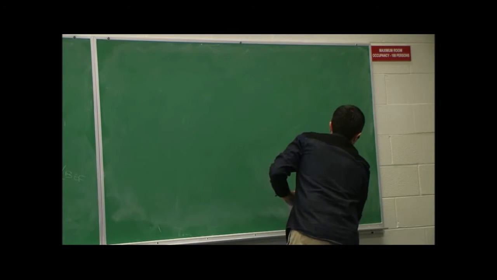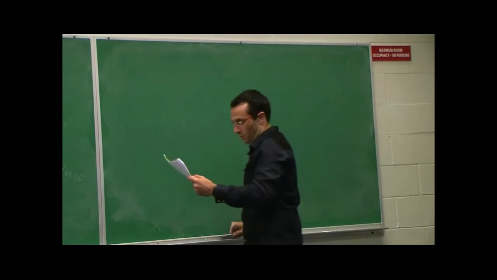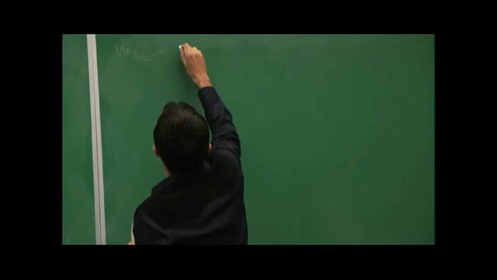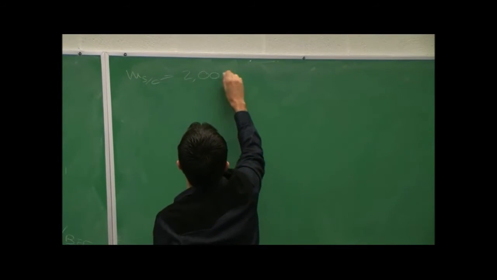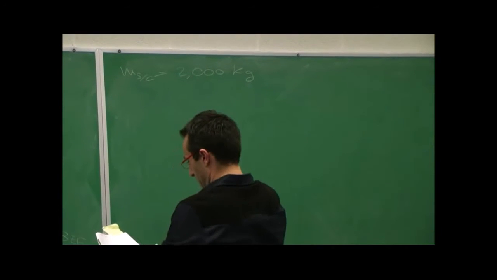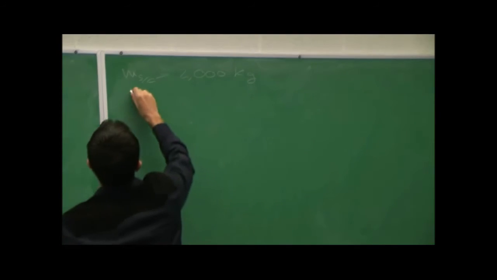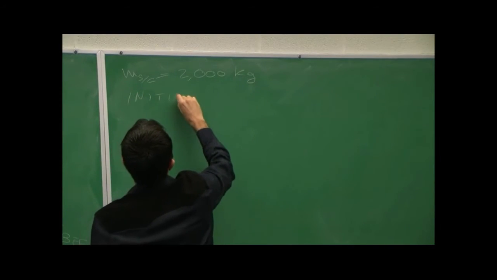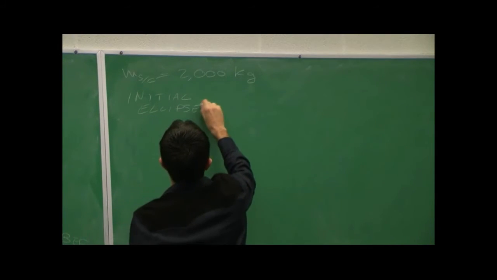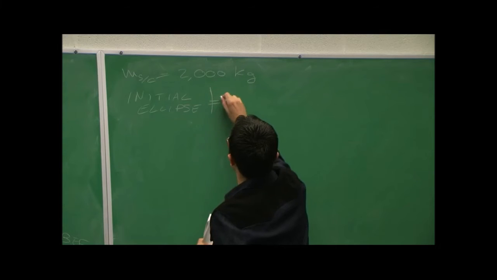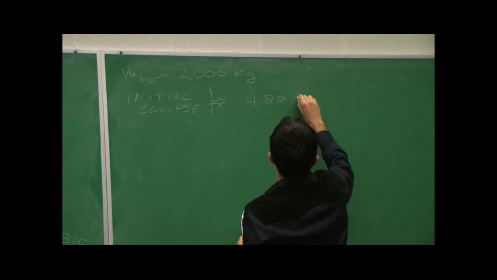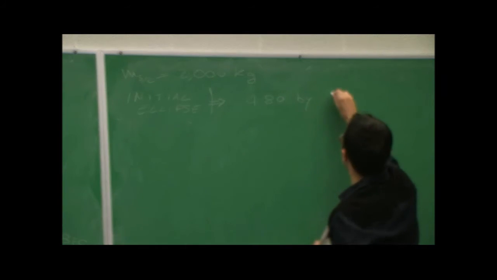So let's look at just one numerical example that I got, I think, from your book. I have a spacecraft that starts at 2 tons, 2,000 kilograms, and the initial ellipse around the Earth it is flying on is given as 480 by 800